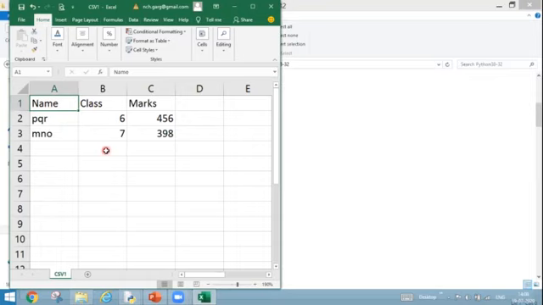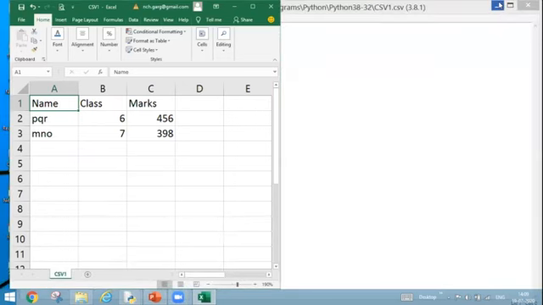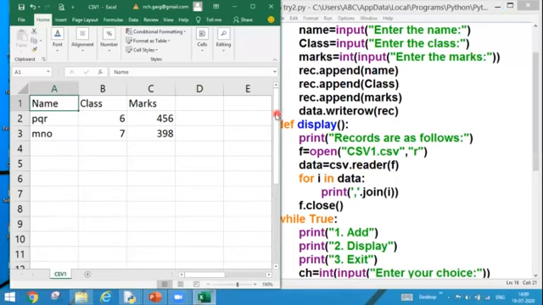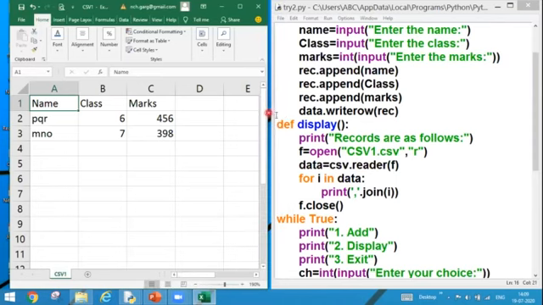So this is how we work with our CSV file, and this is really easy to maintain for the organization as well. We also get the data in a tabular format, which is a more sorted way of organizing and collecting the records. So children, I hope the things are clear to you. In our next video, we'll talk about how to search the record, how to update and how to delete the records from our CSV file.